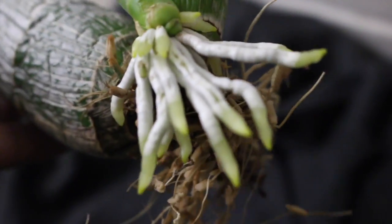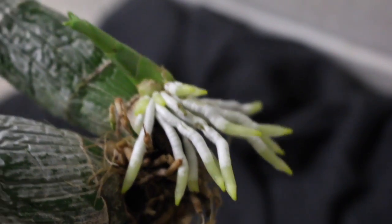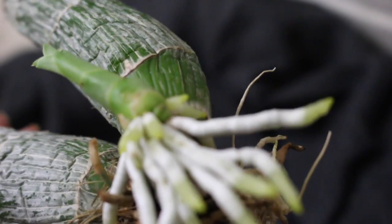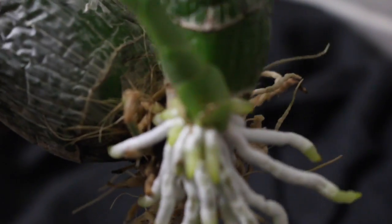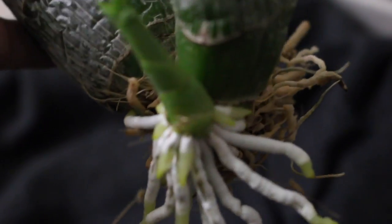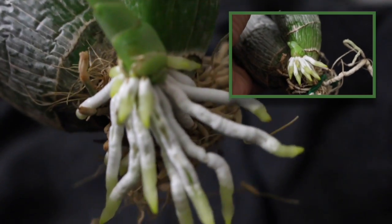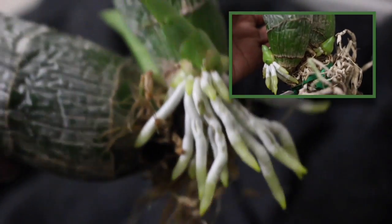Oh my, oh my. All of the roots, at least the majority of them, are now about 3 inches in length. But you are also seeing that at the base of the keiki itself, you are also seeing all of these new growth of little roots as well. So it is continuing to grow amazingly healthy, I might add, and definitely showing us some good results from this